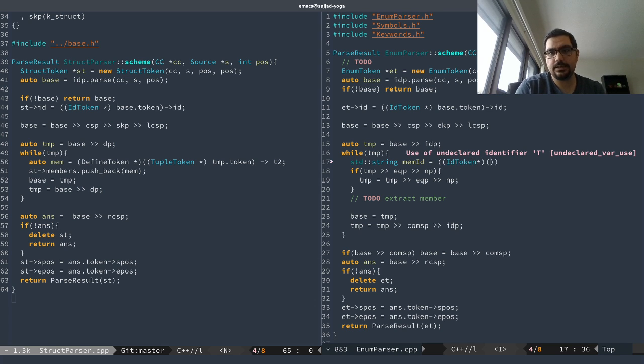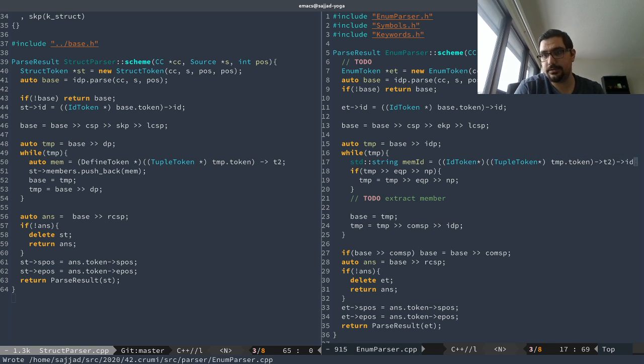I expect to see an ID token from the tuple token star that is temp.token e2 id. Okay, that's the member name. And if we have a value,